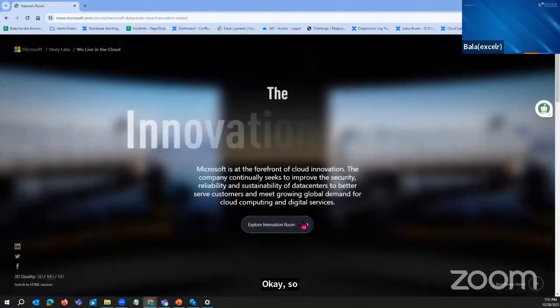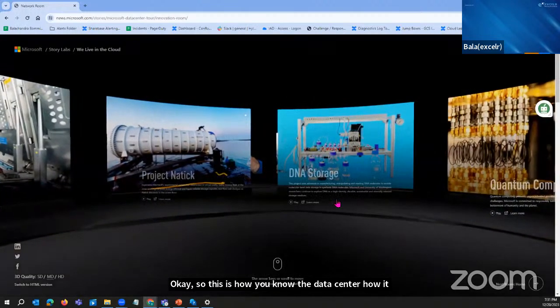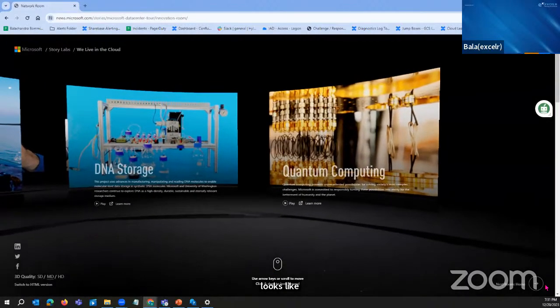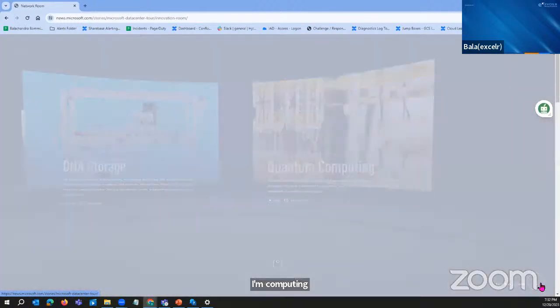So this is how the data center looks like. Fine. So this is how the data center looks like. Just want to give you an overview. And if I try to show you,